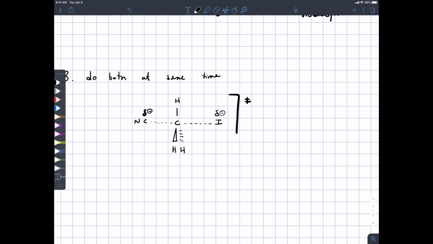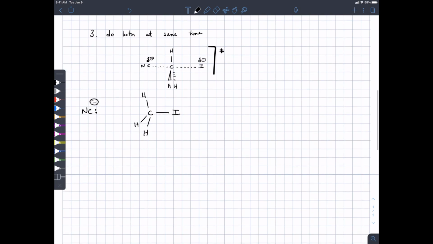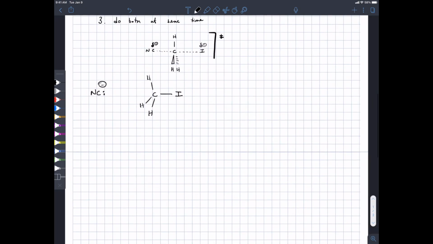An interesting feature of this transition state that we drew last time is that the leaving group, the bond that we're breaking, is on the opposite side of our transition state from the bond that we're forming. The reason we've drawn it that way is that this arrangement keeps the two negatively charged areas of our transition state as far apart as possible. This minimizes electron-electron repulsion. There's another reason for it too, though, and to see it we should consider what happens as the nucleophile starts to attack. You can think of this mechanism, where we form the new carbon-carbon sigma bond at the same time as we break the carbon-iodide bond,